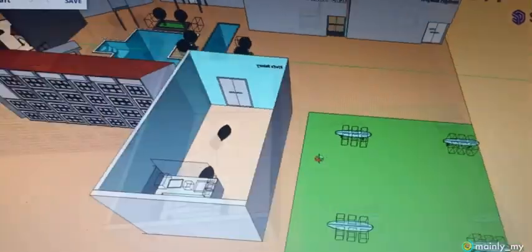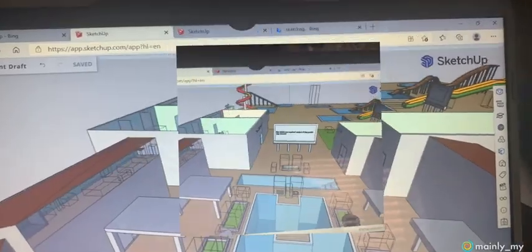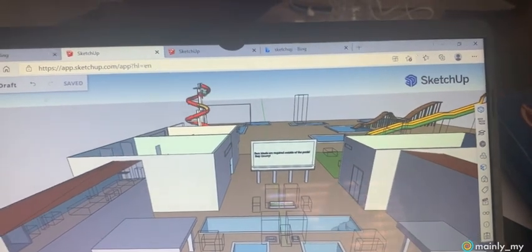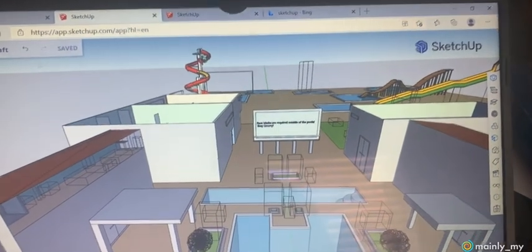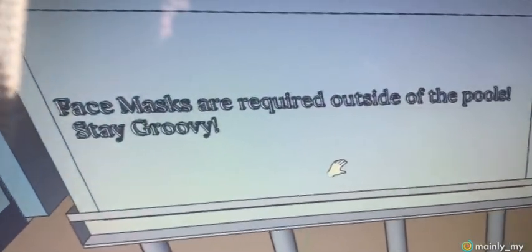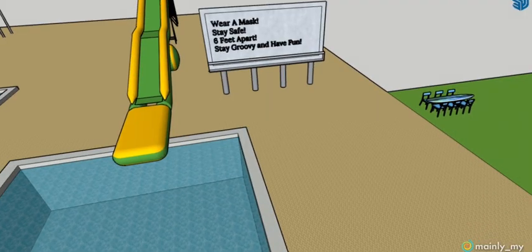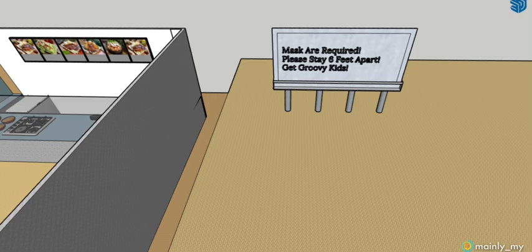Now, behind these tables are basically the entire resort. It's a theme park. But first, there are 3 important signs that hold a lot of importance. Here's my first sign of the park. Here's my second sign of the park. And here's my third. They serve the purpose